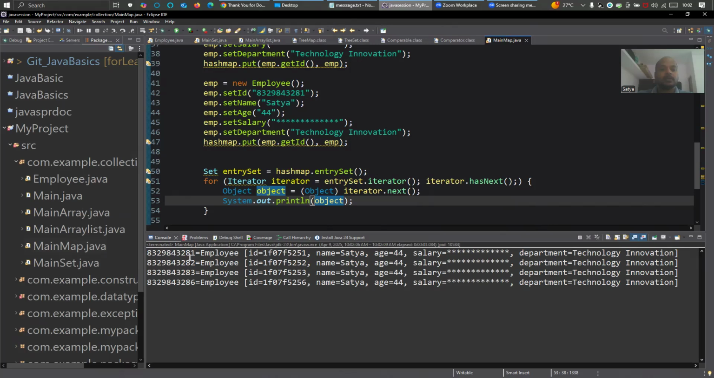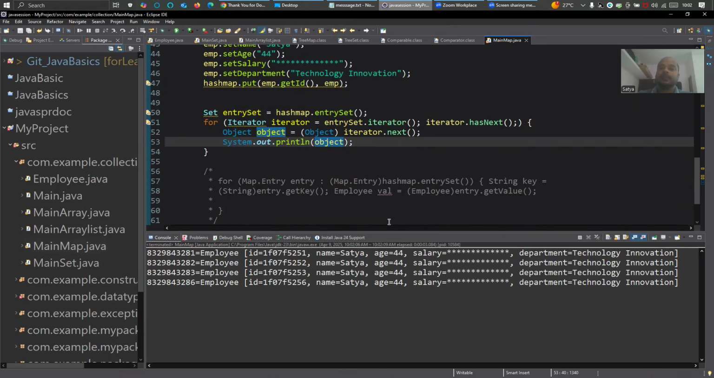See, we're getting the objects 81, 82, 83, 86, right? This is how the entry set you have here goes. When you do hashmap dot entry set, you get a set, and this set is holding your object, the whole object, right? So this is how you can iterate. This is the key, and this is the value. This entry set will give you the key, right? So what you can do here,